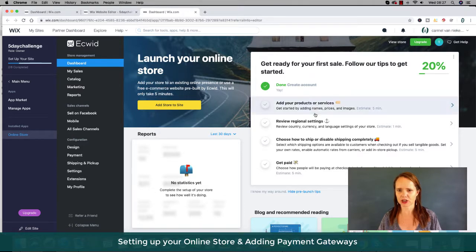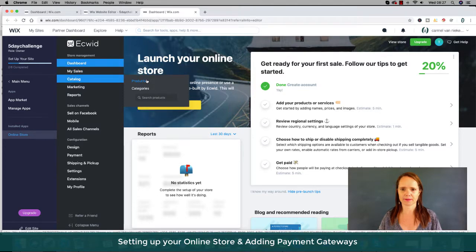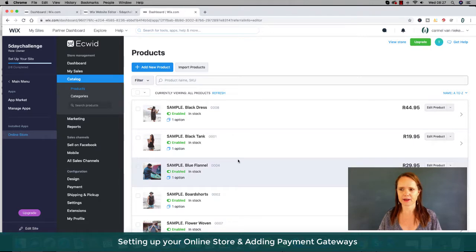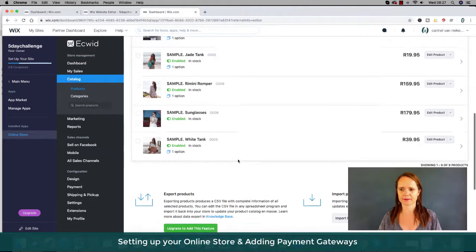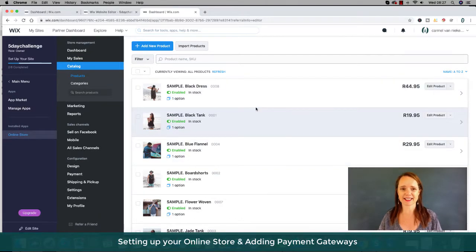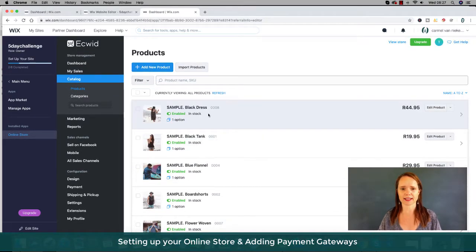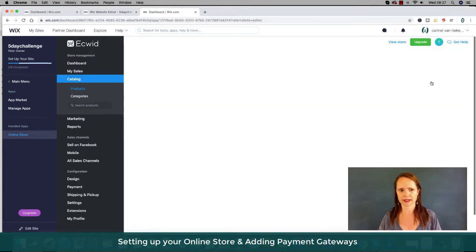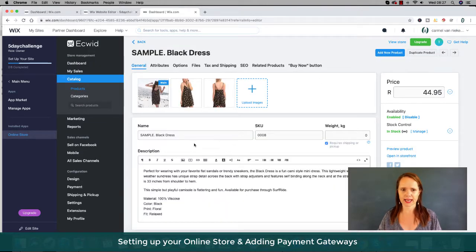Over here, it actually shows you every single thing that you need to do to complete the store setup. So I'm going to catalog, I'm going to go to products, and here are the products that are already there. You see that they've got 9 products because that's the free one. Now, the easiest thing to do instead of adding a new product is actually to go into an existing product, edit product,